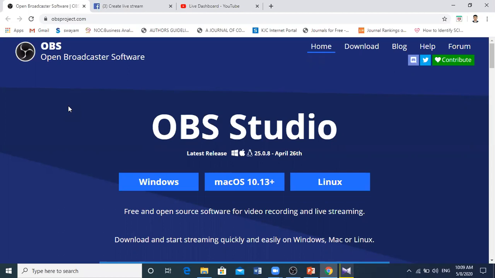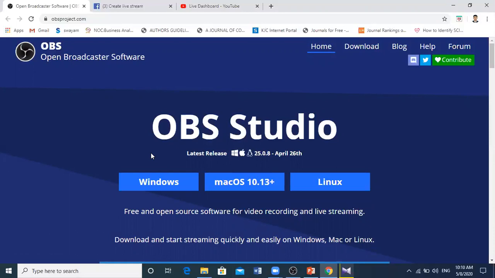Here you can see three options are available. First one is Windows, the next one is Mac, and the third one is Linux. So if you have a Windows operating system, you can download the Windows file, and if you have a Mac operating system, you can download the Mac file. So what you have to do here, you just click this particular Windows option. One file will be downloaded to your system. The size of the file is around 70-75 MB.